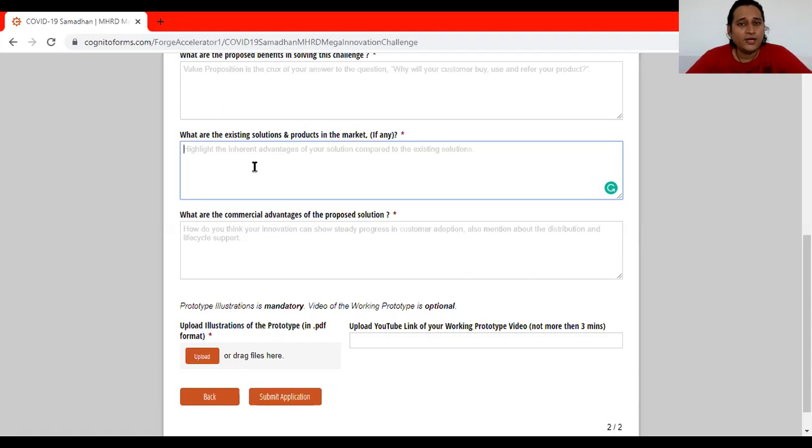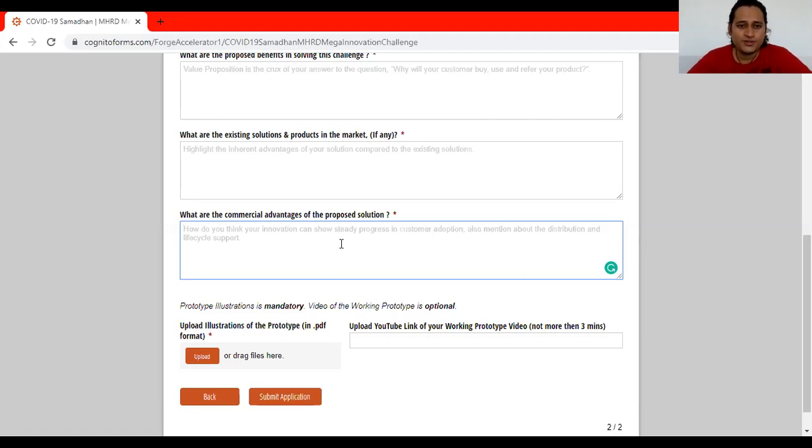And you also need to mention genuinely what other companies already exist in this space and who is working on it, and what the commercial advantages of this proposed solution are. And here, what is the life cycle support, and how do you think your innovation can show steady progress in customer adoption, how unique the product is, how it will enter the market slowly, and whether it is market viable or not.